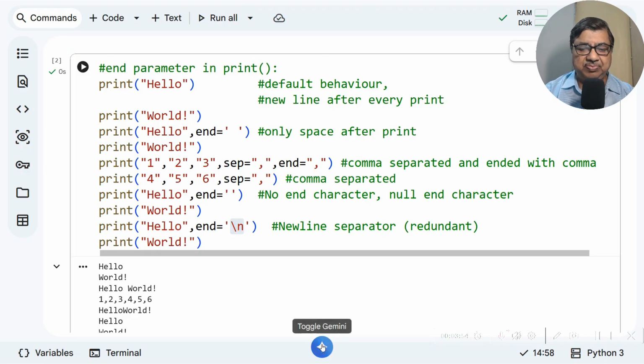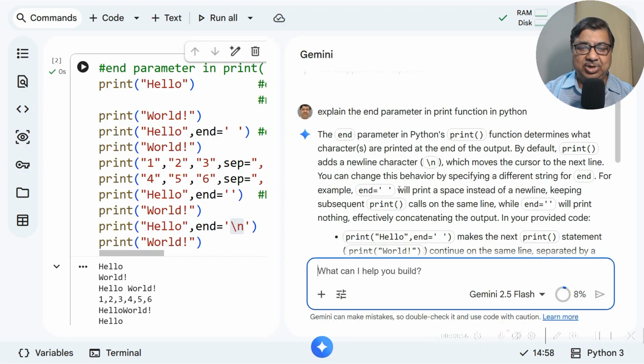Now just for understanding it through AI, explain the end parameter in the print function. The end parameter determines what characters are printed at the end of output. Separator is between multiple objects, and end is only at the end of the print command. By default, print adds a new line character, which moves the cursor to the next line. You can change this behavior by specifying a different string for end.